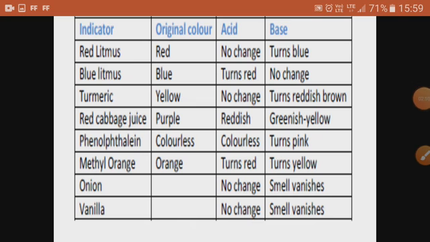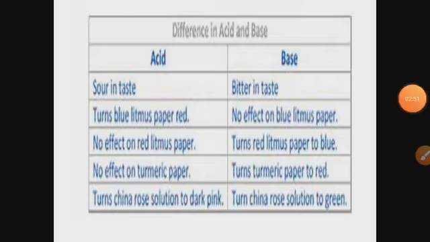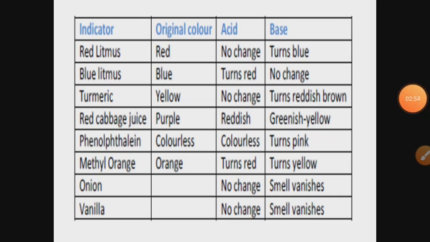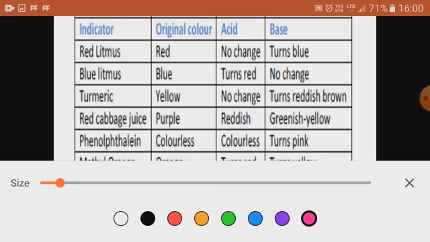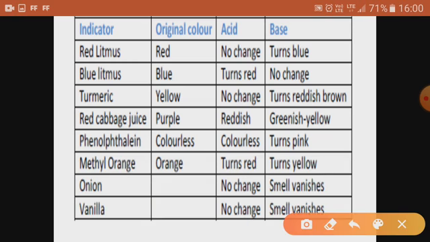Now as a recap, we will once again learn about indicators and their change in color, or if it is olfactory, then change in smell. First of all, red litmus: there will be no change in acid, it will remain red, and in base it will turn blue.